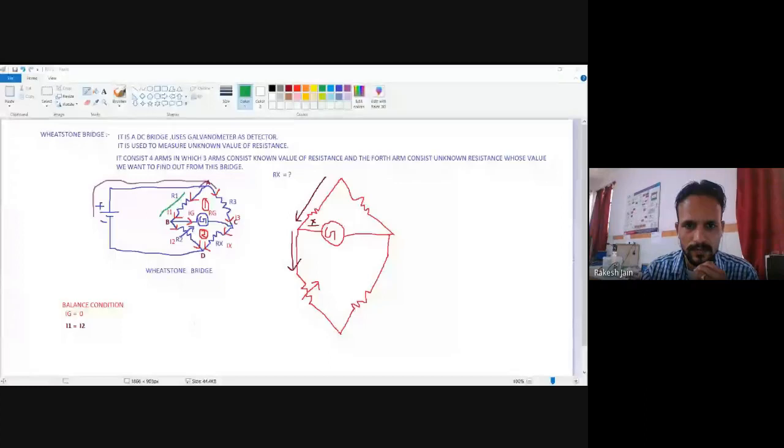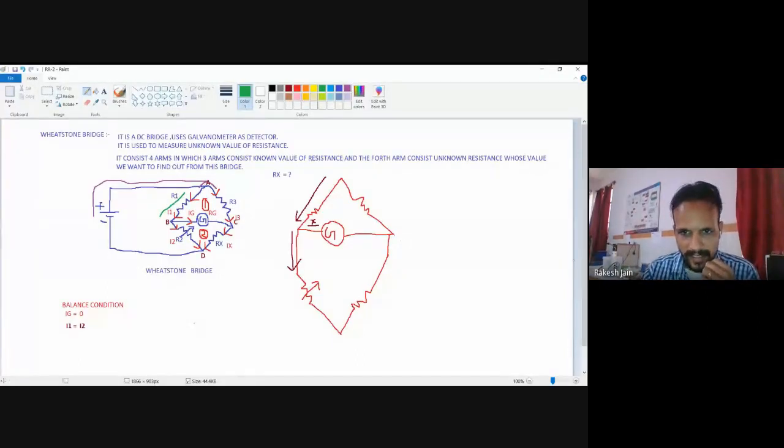Due to lights being cut off, there was a little bit of interruption in between. Now once again see this MS Paint file. A little bit of interruption was there. Now I'm continuing.